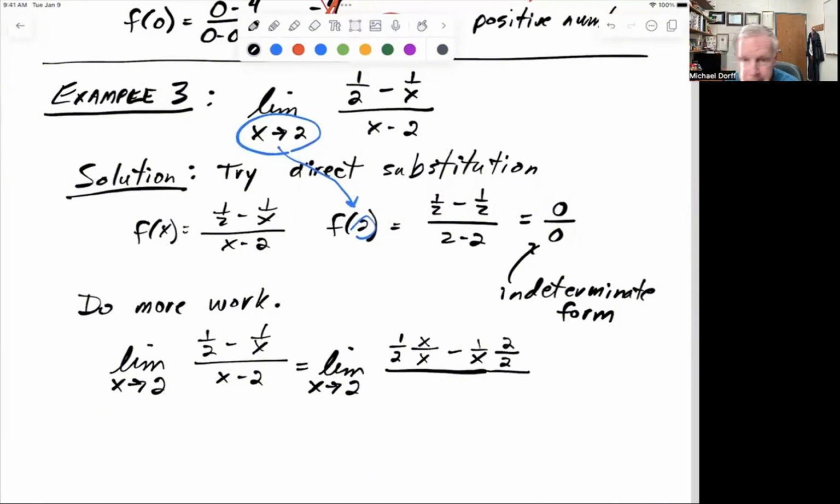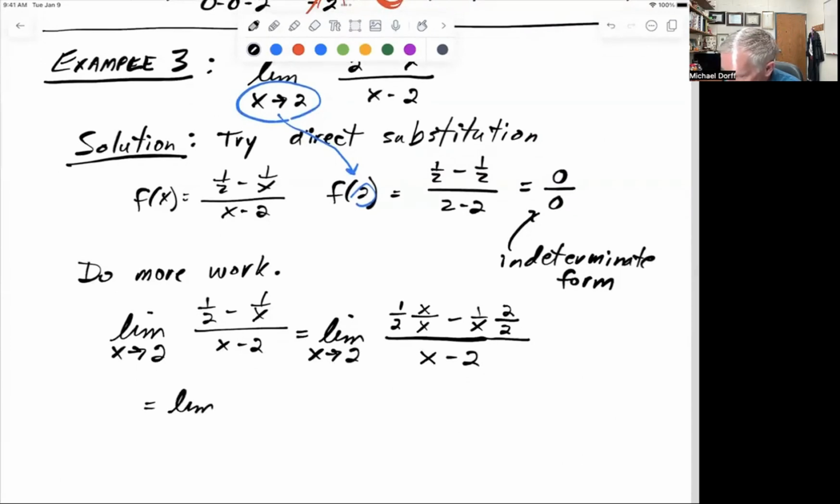So I'm going to multiply the top by 2 so that I keep it equal like that. All right, now we'll do the next step. When I do those multiplication of those fractions, in the numerator, the first one I get x over 2x. In the second fraction, I get 2. And I can put that as 2 times x